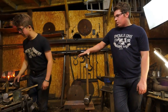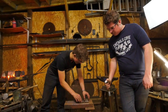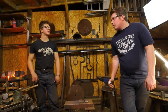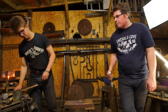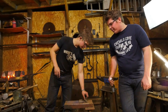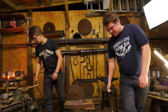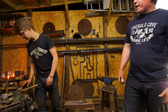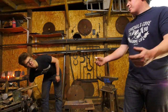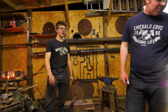Did I say I was going to do some drifting? Wait. Do you want the swage block? Do I want the swage block? Go. Big bit of steel. Sorry? Do you want a bigger bit of steel? Are we adding high carbon to the end of the axe? No, it's 1055. That's good stuff. Unless we spend enough time messing around not forging that we